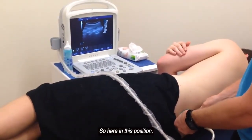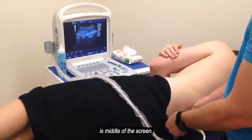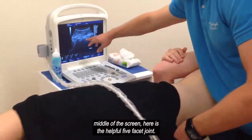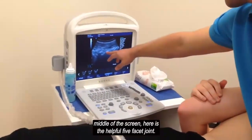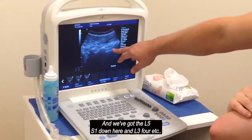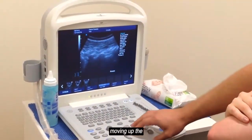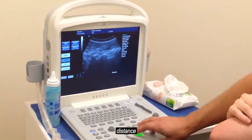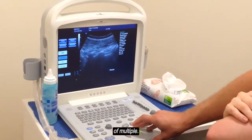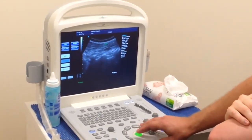So here in this position, what we're looking at is the middle of the screen. I'll just freeze this here. The middle of the screen here is the L4-5 facet joint, and we've got the L5-S1 down here, and L3-4, etc. moving up. The distance, or the cross-sectional area of Multifidus, is from here at the top down to the facet